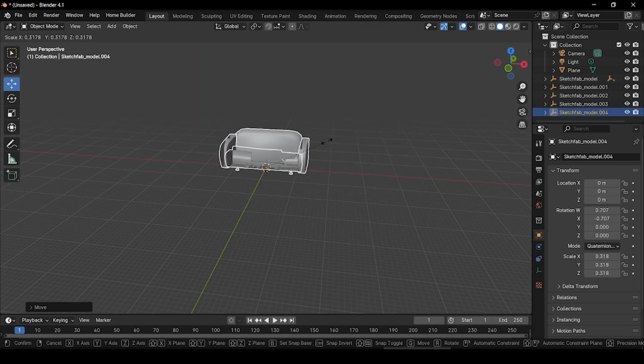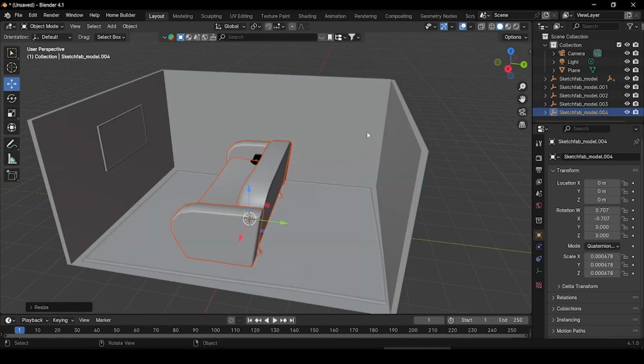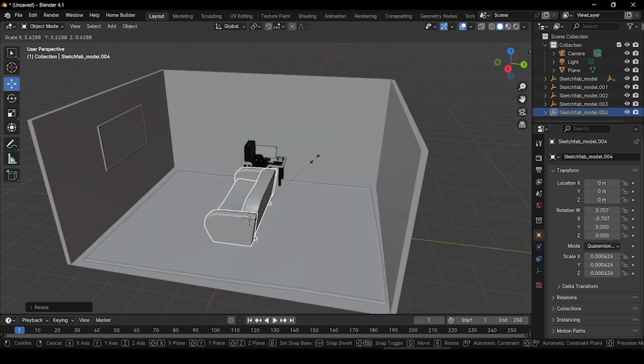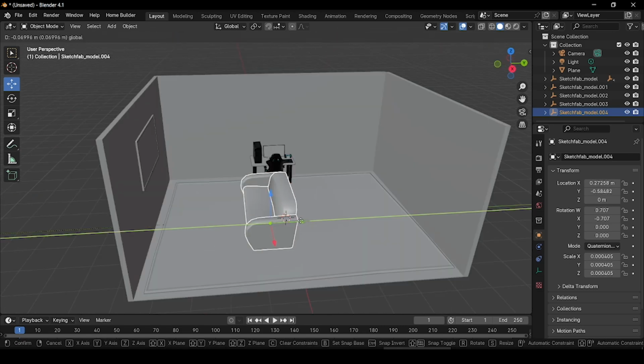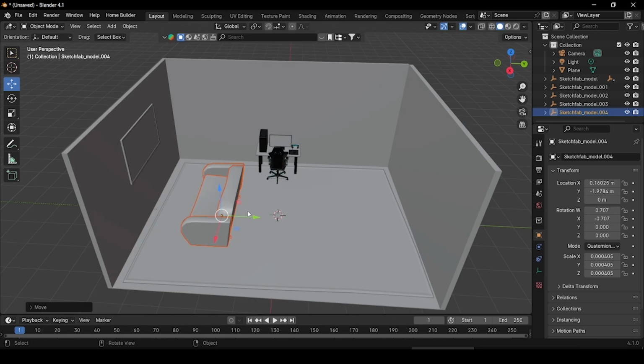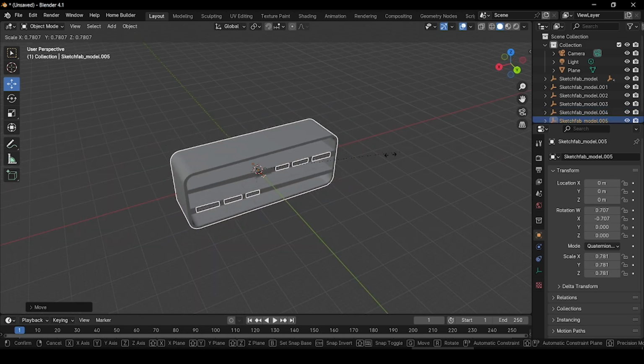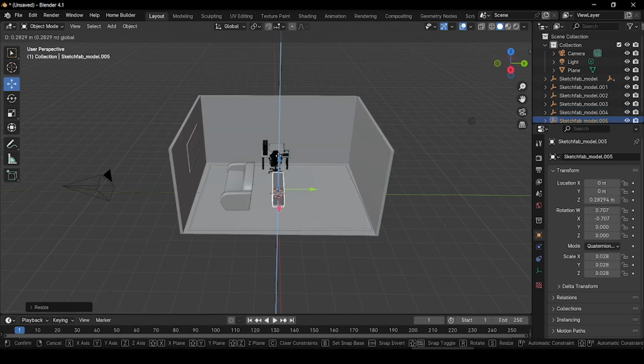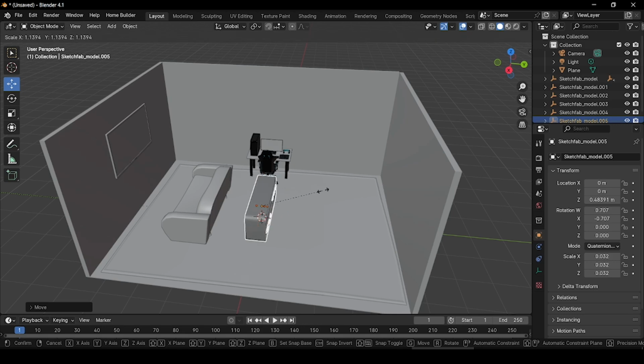Press S and scale it down and scale it down more, and after placing it here, press S and scale it down more, and after scaling it down, place it here. Now let's add a table, and this is our table. Press S and scale it down, grab it up in the Z direction, press S and scale it a bit more